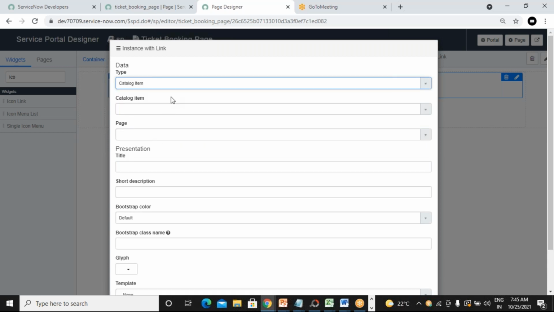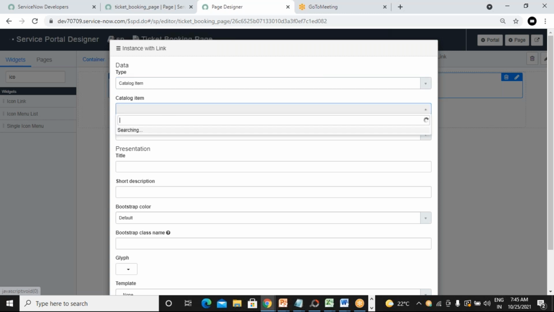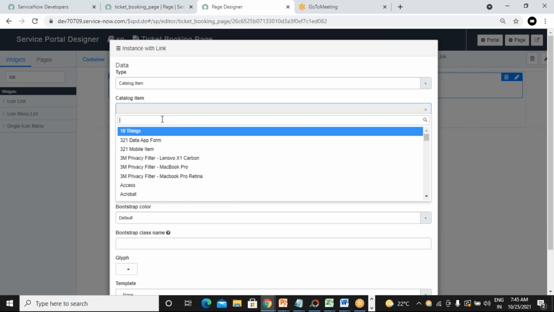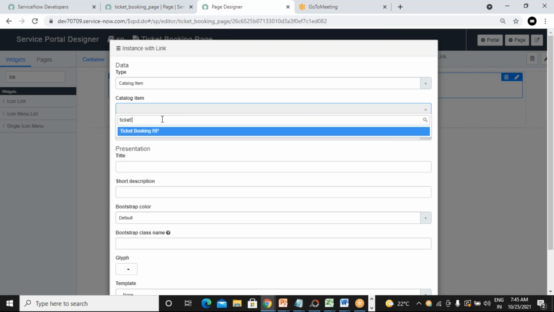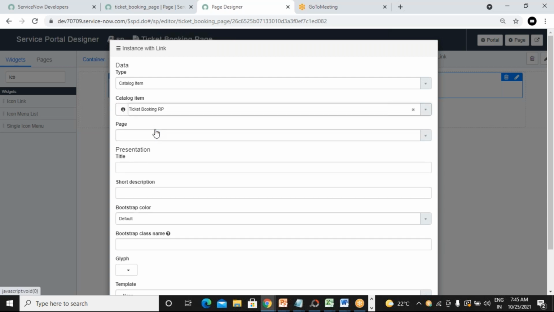Once you select catalog item, what is the item name? Here you can select the ticket booking RP. This is what we want to call. You can select, it will filter and give you the name.